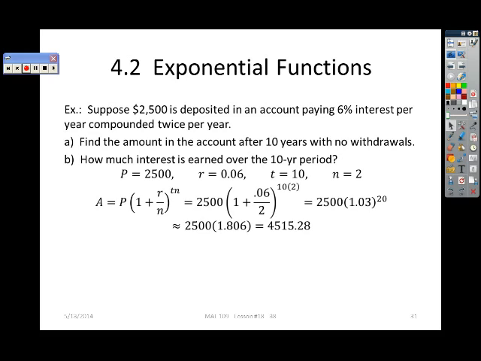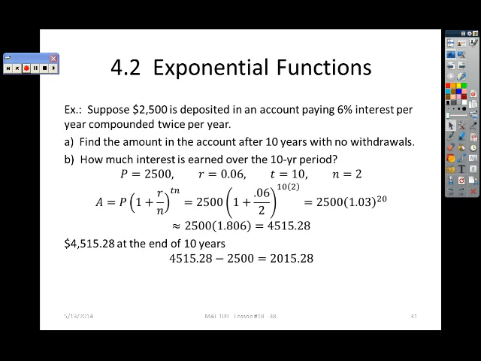Do that, and it comes out that when you come back 10 years later, you will have $4,500 in there. That's the first part of the question. How much will be there? Second part is how much interest was earned. Well, the amount of interest earned is the difference between what you have and what you started with. So you have $4,500 and you started with $2,500, so the interest earned was